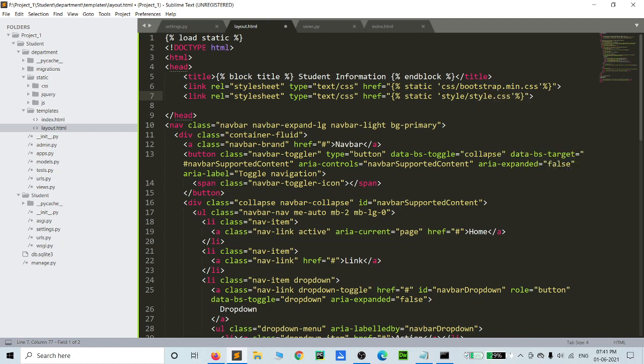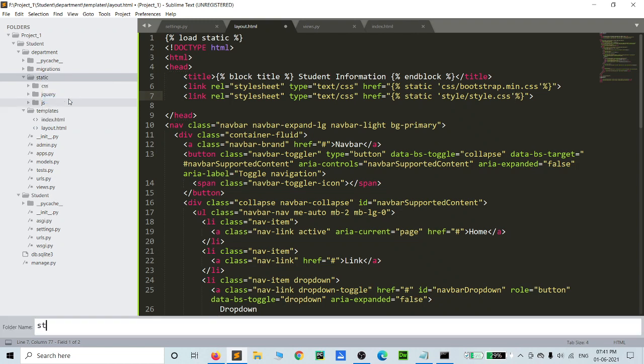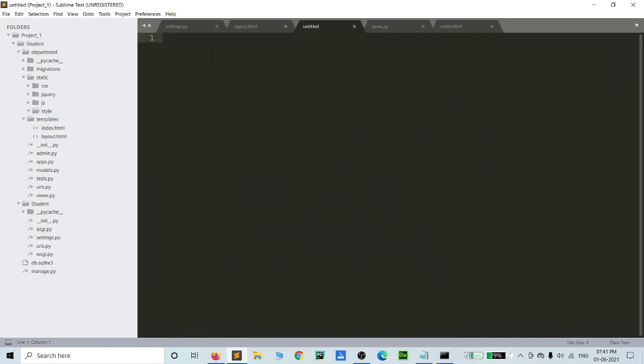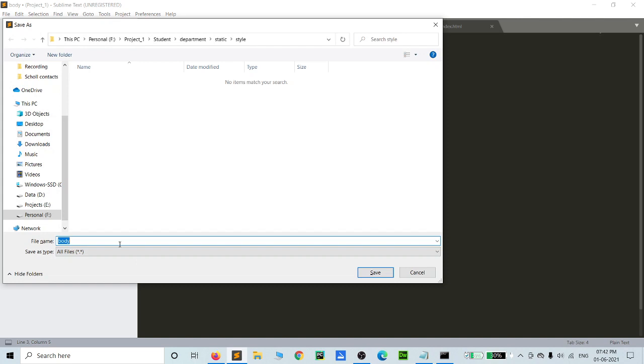Before that we can go to new folder, the folder name is style. Inside the style we can add one more file. Here we can include the body of sections. First of all we can save this file, style.css, where this file is saved in the style folder, inside the static and style.